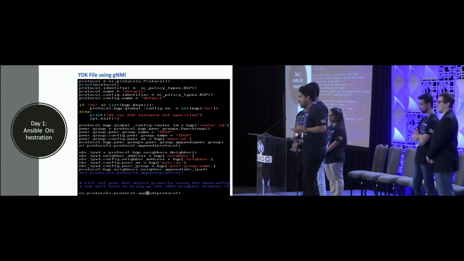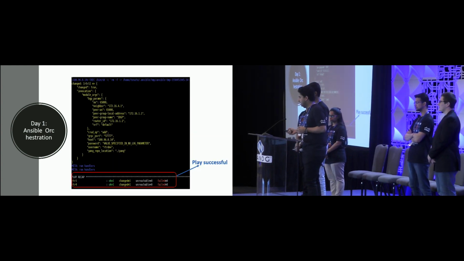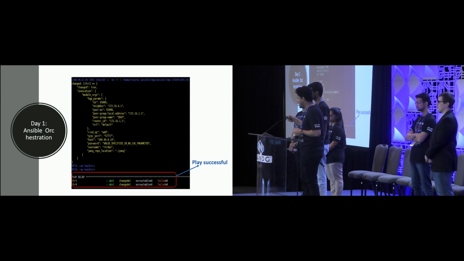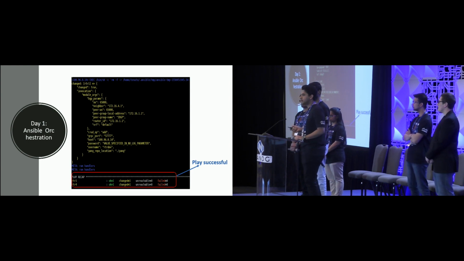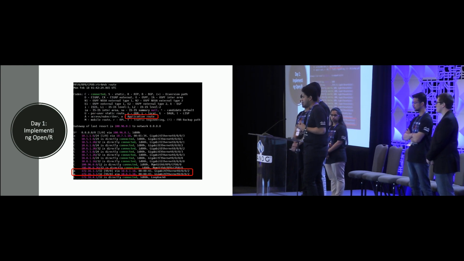Here you see the YDK code, which used gNMI APIs and gets the parameters as defined by the user. So here you see the Ansible playbook actually being run and completed, and the play pushes this AS, peer AS, router ID, and so on, whatever was required to run BGP. But once this ran and the play was successful, even then the BGP adjacency didn't come up for us. So that was probably because we didn't have the IGP by then.